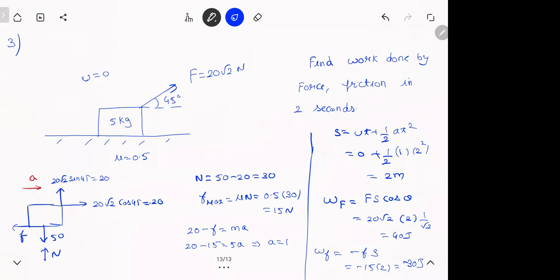If you just look at this in one problem, can you see something? You have laws of motion, friction, kinematics, work. So this is how problems will be. You have to be thorough with each and everything. Again, the question is not tough. It is just that there are 3 or 4 things coming at the same time. Put it down. Any step you didn't get, please ask me. Most common mistake people make is the habit of not drawing an FBD.